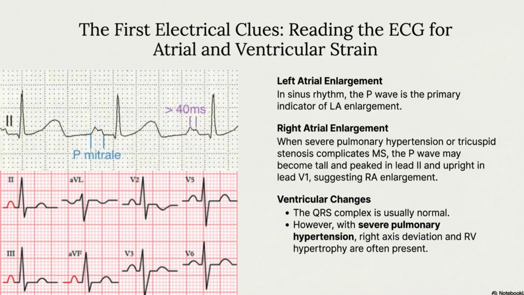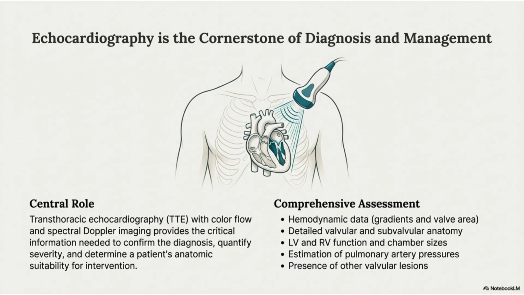Okay, let's talk about echocardiography, which is really the gold standard here. The TTE, the transthoracic echo, is the first line. TTE is absolutely critical. It gives us objective numbers to quantify the problem. We can measure the mitral inflow velocity, how fast the blood is moving, looking at the E and A waves. And crucially, it allows us to estimate the pressure gradients and the mitral valve area, the MVA, often using a